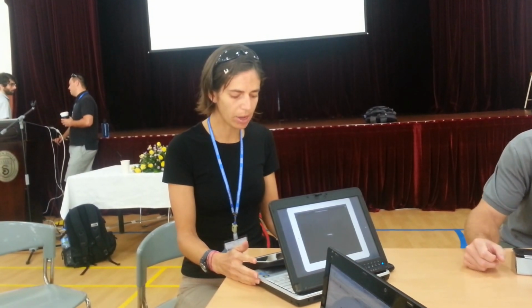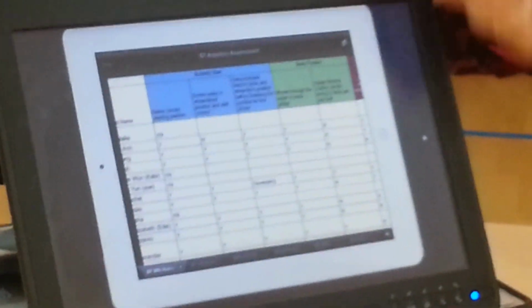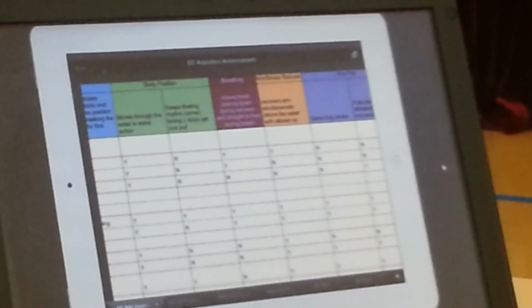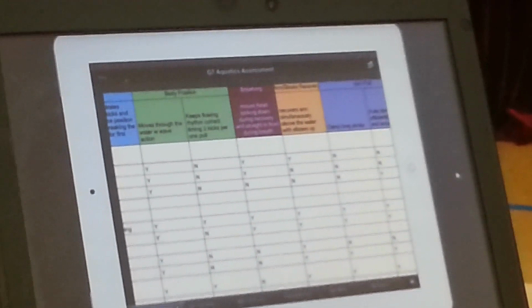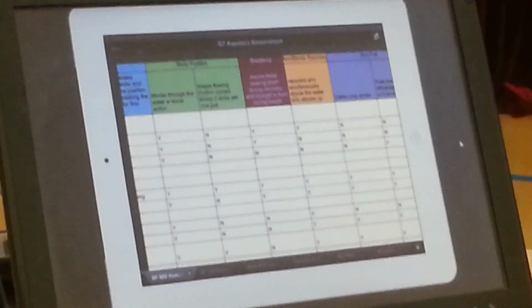So in my aquatics unit, I created a spreadsheet of the skills that I was assessing my kids on. So this is an example here. I've got all of the different skills across the top and the kids' names down the side, and I've just entered my data the way I wanted to. I'm the curriculum person for grade 7 PE this year, and there are 3 of us teaching. So I shared this with my team, and you can see on the bottom the different classes. So this is my other grade 7 class, it's the same, and my colleague has his class. So we're all working off the same